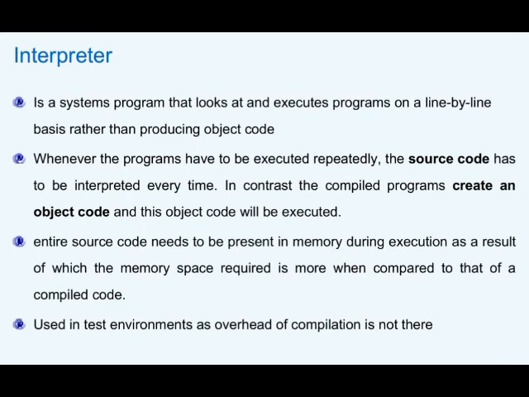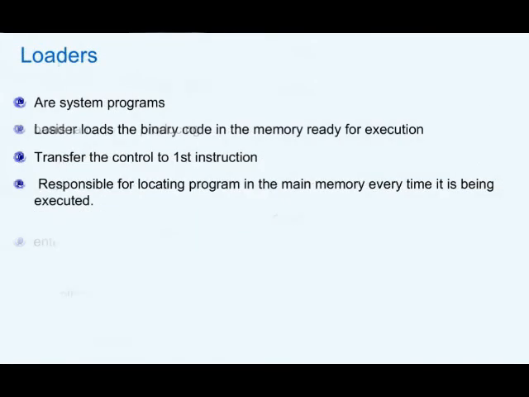So with this background about the translator, let us have a look at another system program, the loader. Now we have written our program and converted it into a machine language program. Now we have to execute it. For executing any program, as we have already learnt, it should be available in the main memory. As we have also seen, main memory is volatile, so you cannot keep your program in main memory all the time. For keeping the program, you will use secondary storage. From the secondary storage, you need to bring the program into main memory for execution.